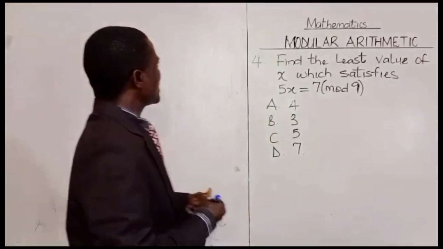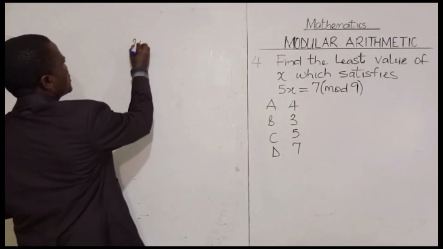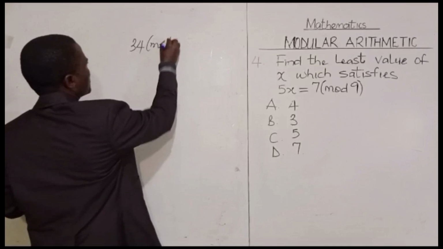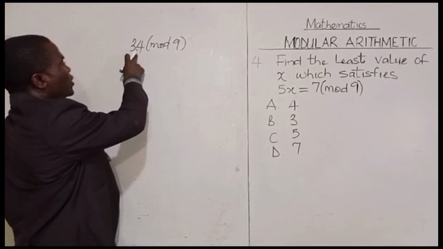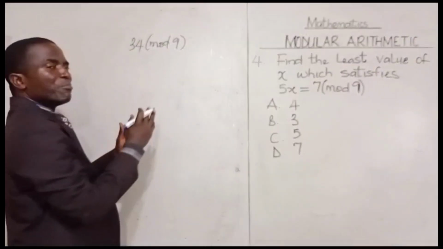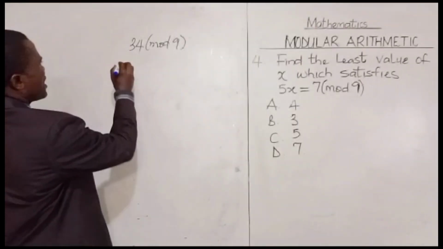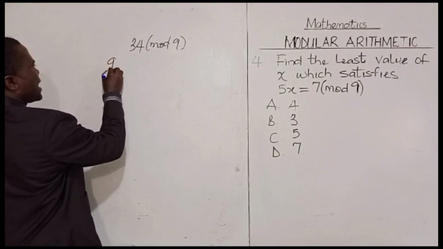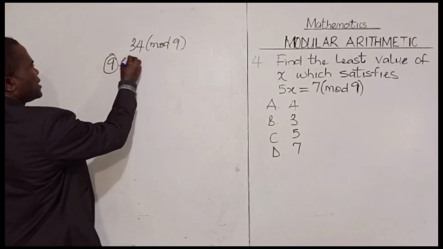Let us take for instance, if I have 34 module 9. That is to say that I am to count 34 in bundle of 9. Then my emphasis is going to be on the remainder. Let us have this. We have 34 is going to be 9. This is the first bundle of 9 plus 9